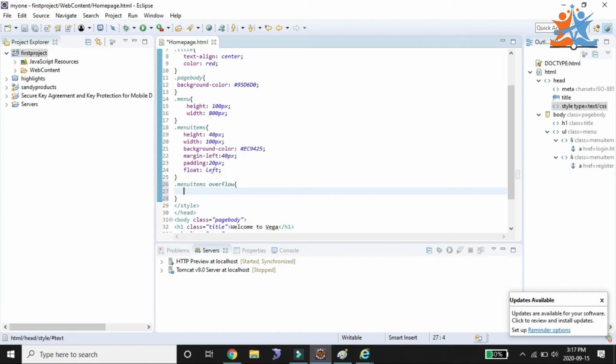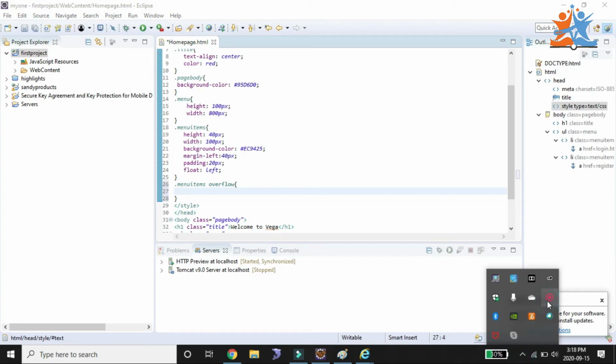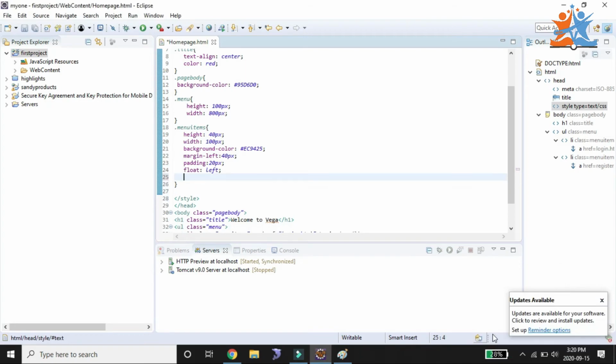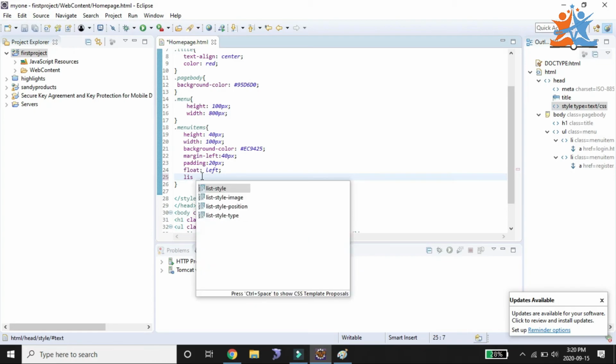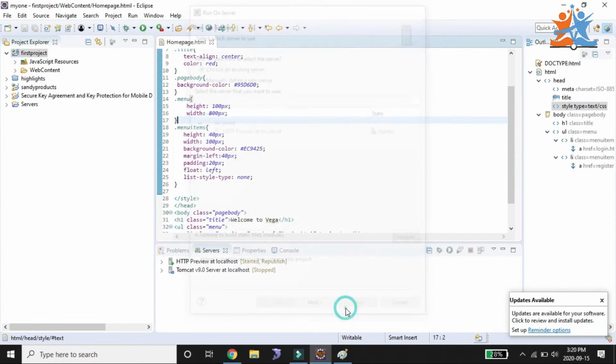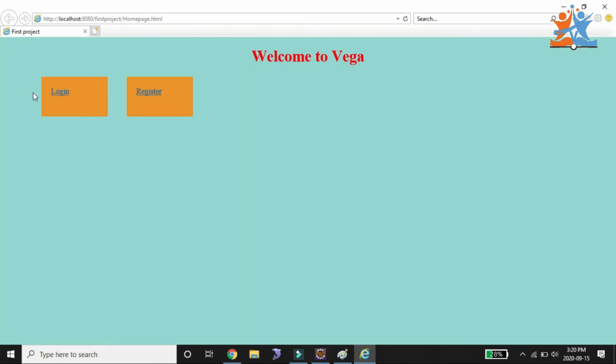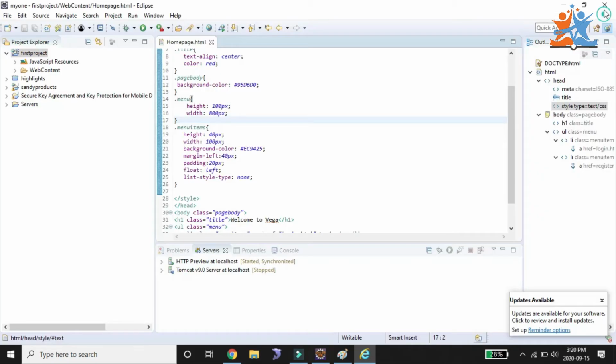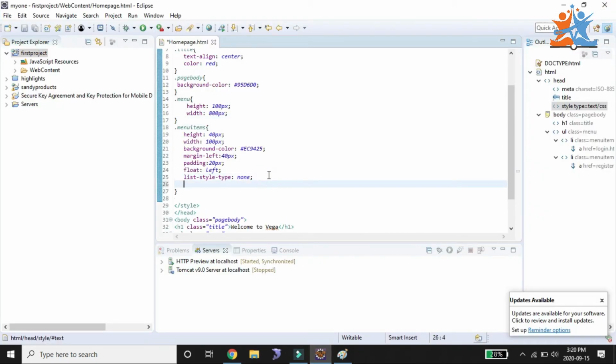Further, we have list-style-type is none. Take that, and we will see what happened. Done. So automatically the dots will be erased. Okay, done.